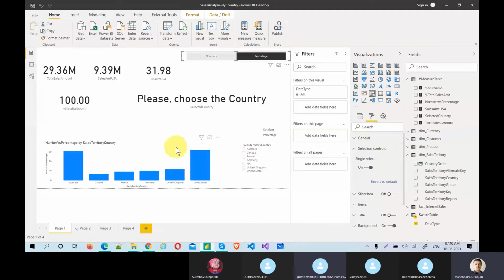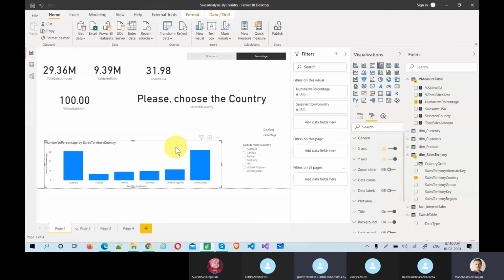But did I show the edit interactions, guys? Edit interactions is one of the most important things. And bookmarks, I will come back to bookmarks. I will give you next level bookmarks. I think I've shown you a simple bookmark and selection criteria, but I would like to give you another level of bookmark and selection criteria. We'll see that in maybe one of the other sessions.